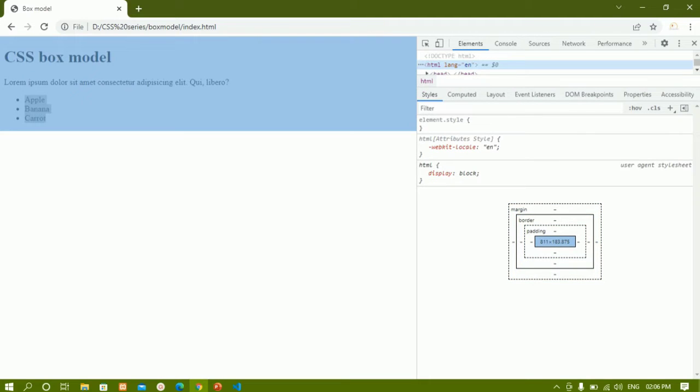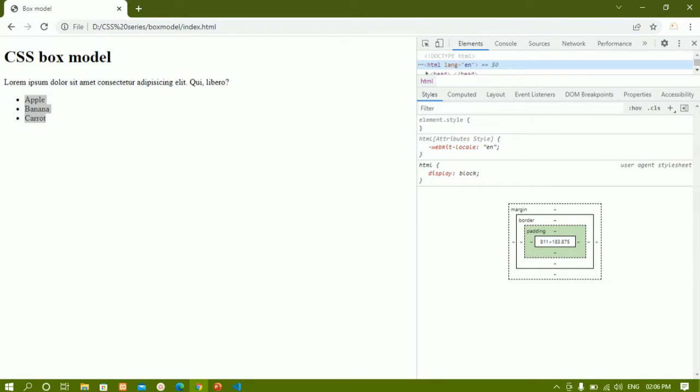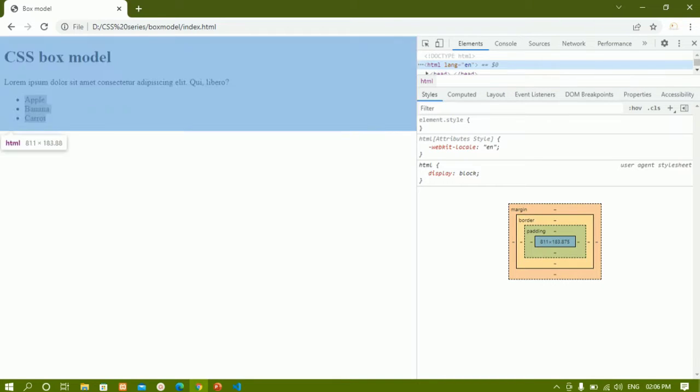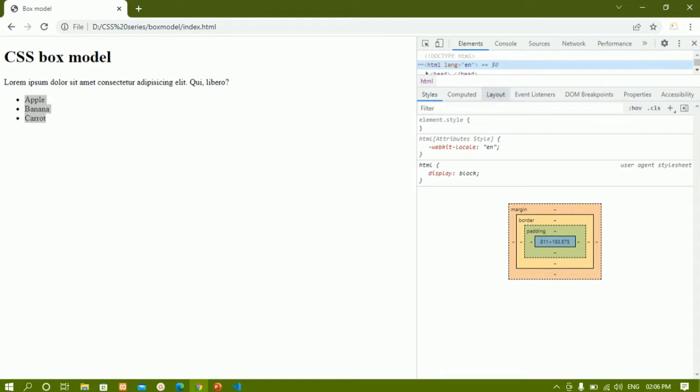Okay, now you can see whenever I hover on this blue color, it indicates that we have some content. This entire thing is the content inside my HTML. When I hover on padding, I don't have any padding, so it is not going to indicate anything on the right side. When I hover on border, I don't have any border, so it is not going to indicate. When I hover on margin, again I don't have any, because inside this HTML I'm not having anything. Now let me inspect each and every individual element.